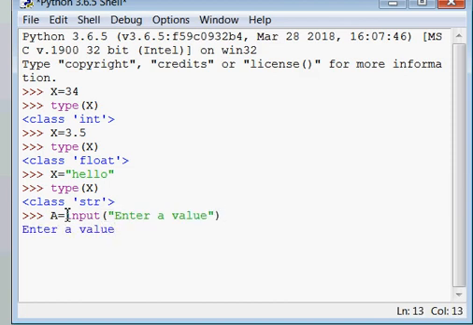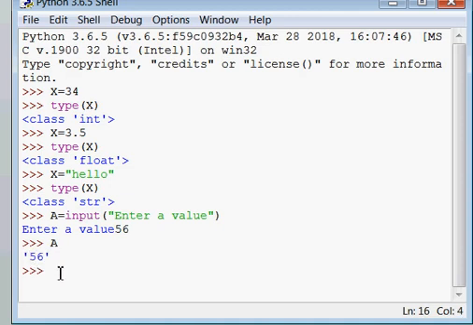See, it is asking enter a value, means your computer is asking to enter some value. You have entered 56, so a contains value 56 now. But see, there is a special thing. There is a single quote around 56.